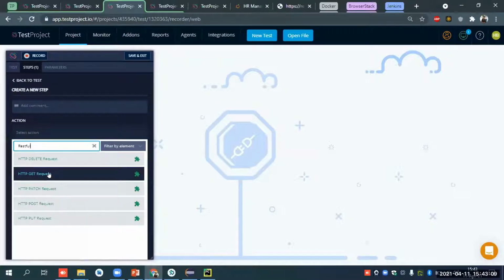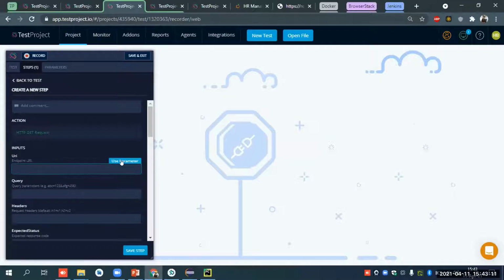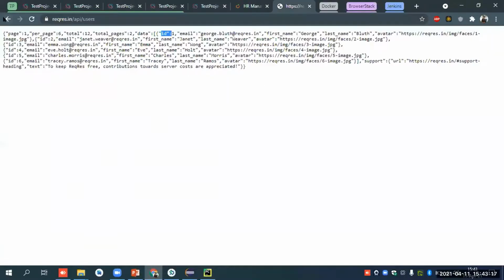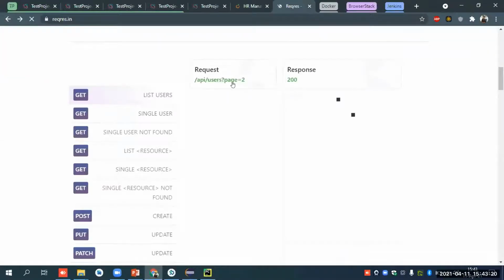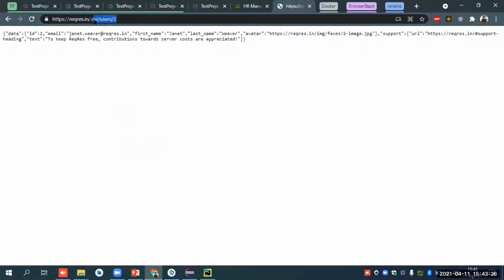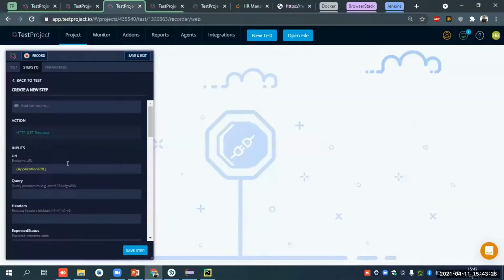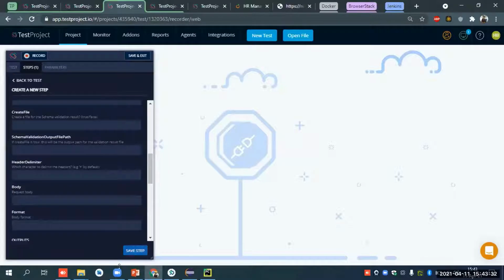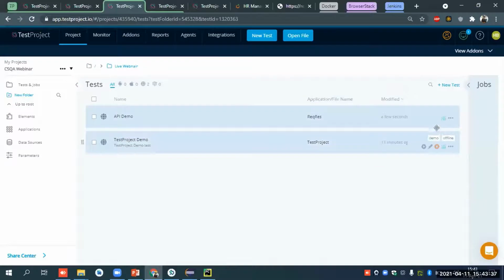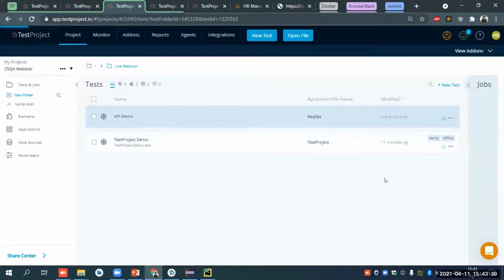We will click on the HTTP GET request, our new base URL, and single user, and our endpoint. We will copy paste it. Okay. Save and exit. I will again open it.